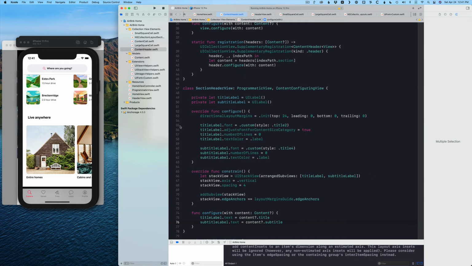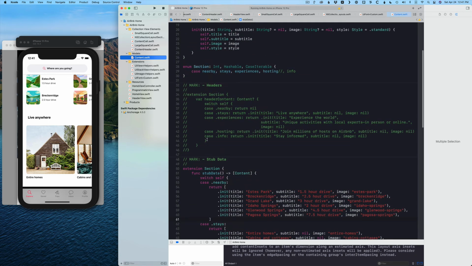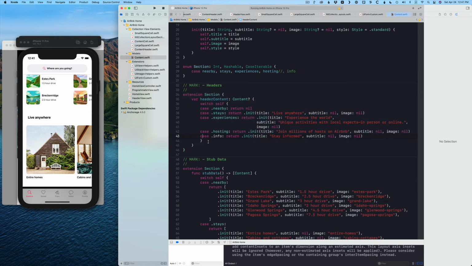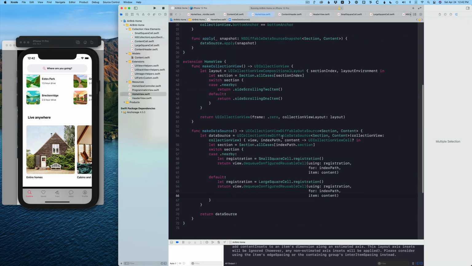That's running. Okay, so we need to add some content for those headers. Have another commented out section here, which we can uncomment. We need to comment out the info one because we don't have that case yet, but everything else is fine. Then we need to update our data source method in home view